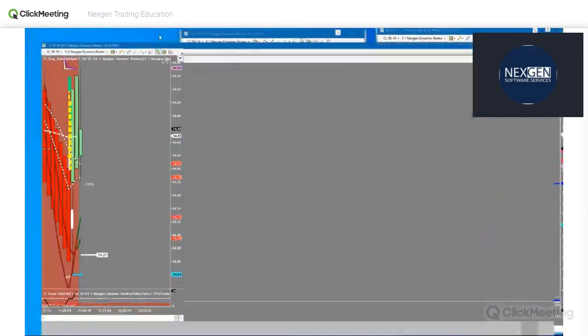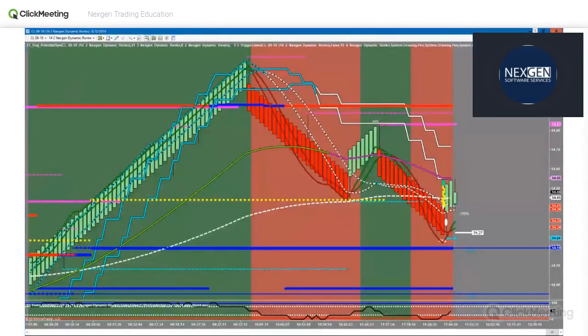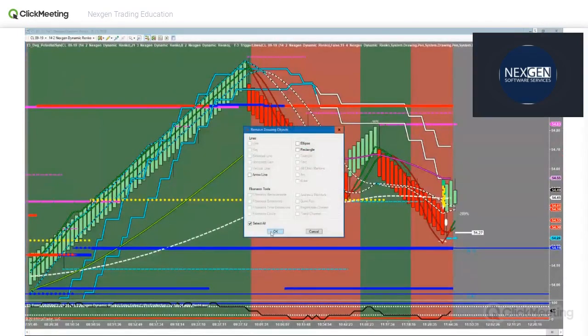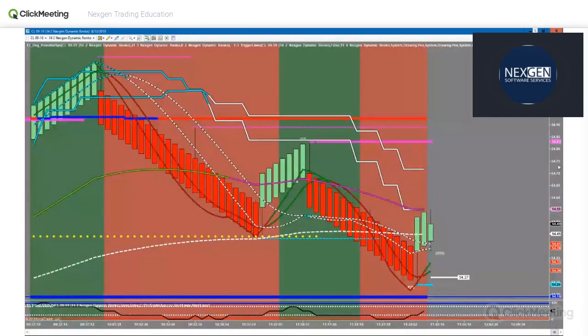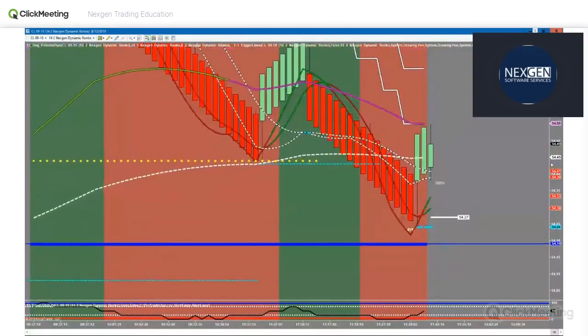All right, so first things first, look, I want to talk about the 14-2 chart because if you always go back to it, it will help you out. Does the 14-2 chart support